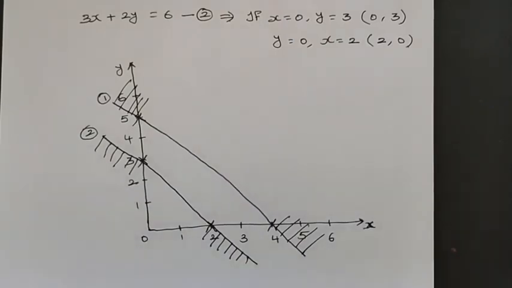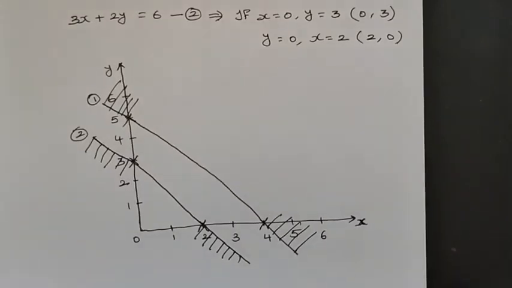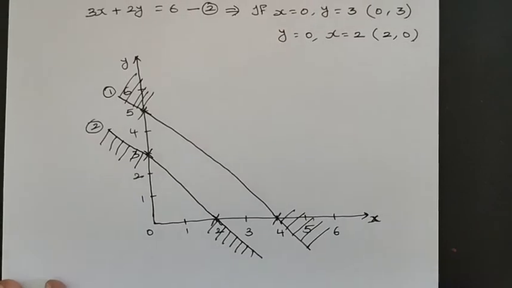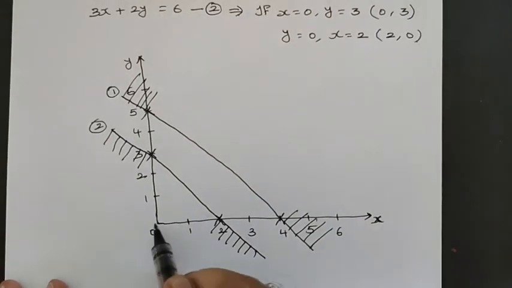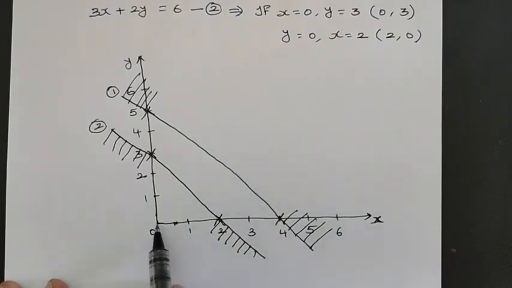So now we need to identify the common region for the problem. Right, as usual our procedure, first let us start from the origin. So if I started from origin, if I take a point here, so the point is below the second constraint, condition satisfied, but whether the point is above the first line, the condition is not satisfied. So we should not start from here.